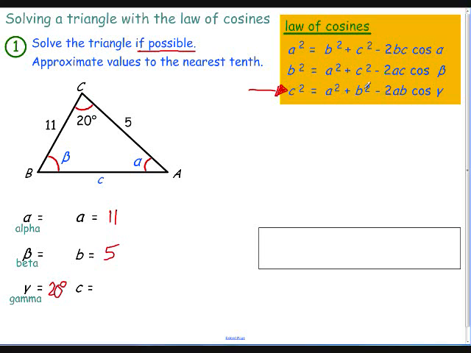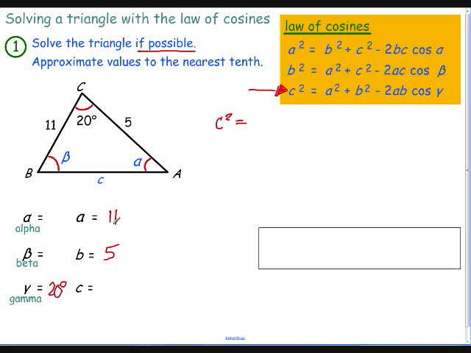Now how do I know that right off? Because I have A and B, and I have gamma. So I can use this one. On all the others, I don't have what's necessary. So C squared